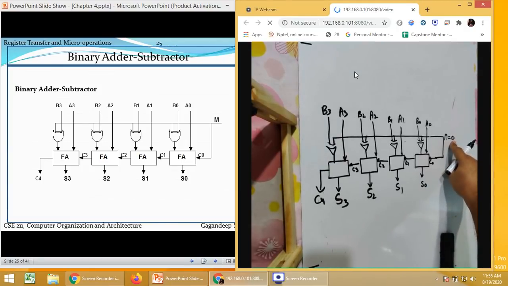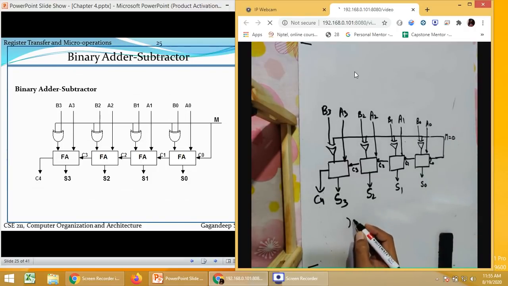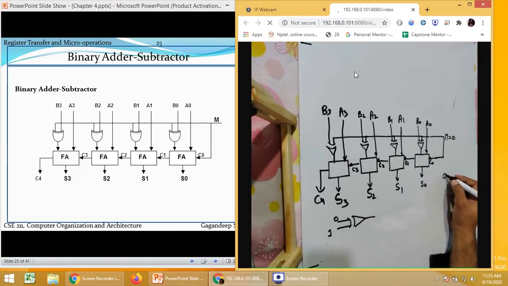Now assume that the M value is 0. So for B, this is connected with M, this value is 0. The value of B0 is 1. Let us consider a case like 0 0 1 0 for B, and for A we are having 0 1 0.